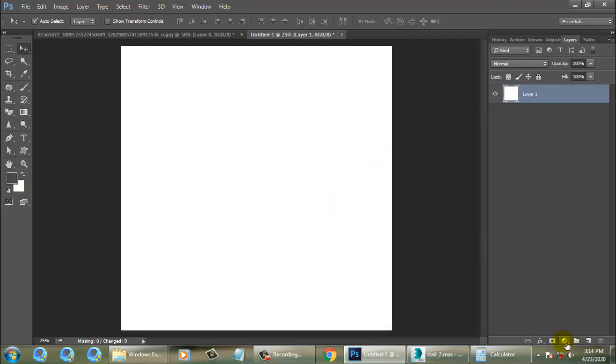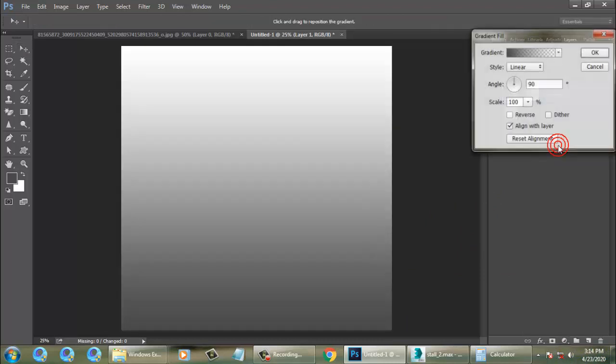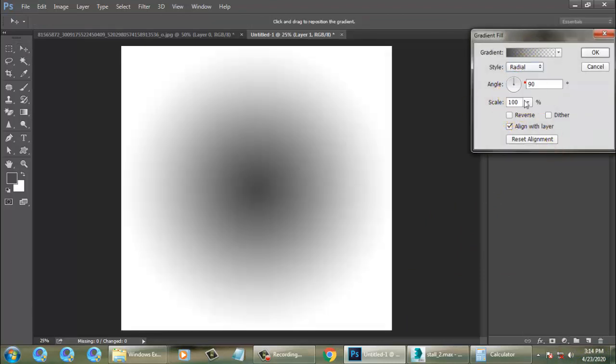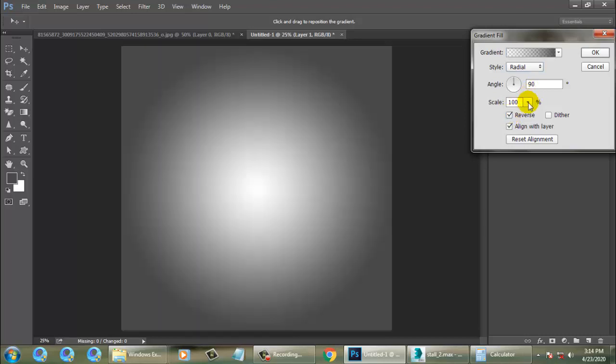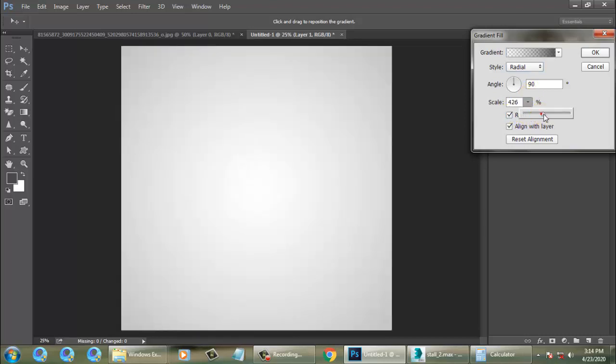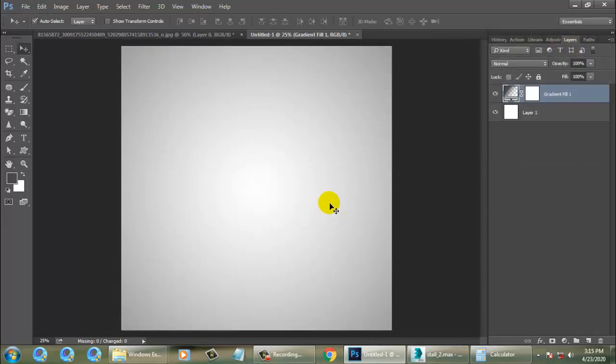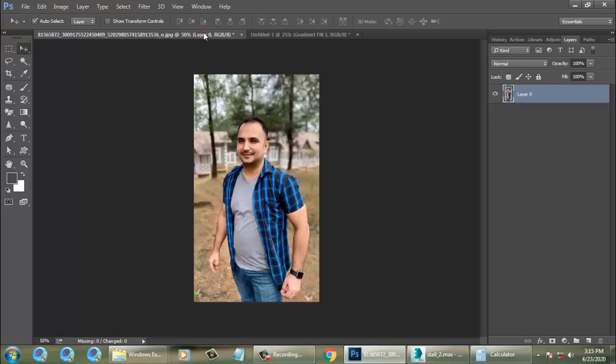Let's go over here into the adjustment and let's give a gradient. We'll keep this as radial. Let's reverse it and increase its scale over here and click OK. Once you're done with this, now what I'm going to do over here is